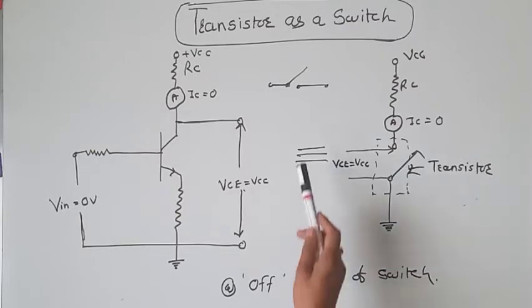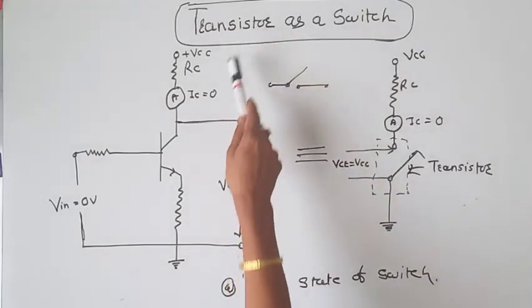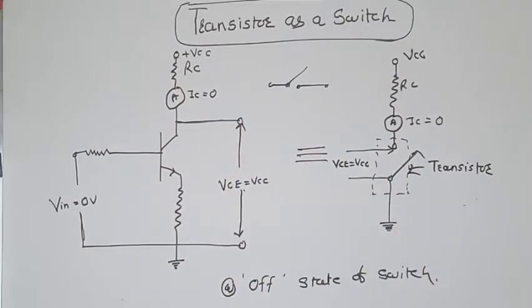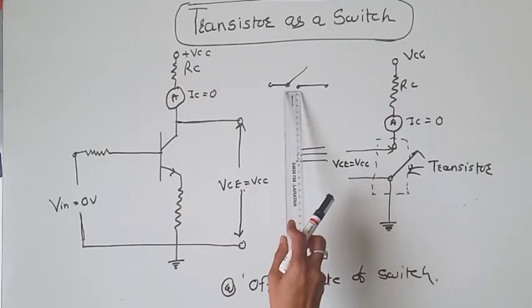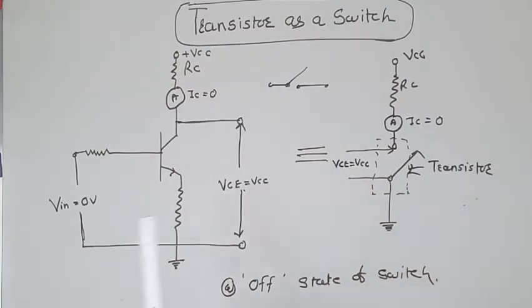So this action is provided electrically by using the transistor. So this is what? Electronic switch. Let us see this action. For this purpose, let us start with the off state of switch. Initially I am going to explain the open state, that means the off state of switch. For this, first let us see the construction of transistor.